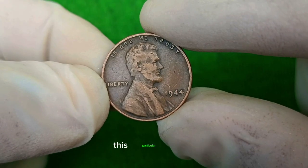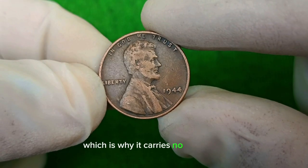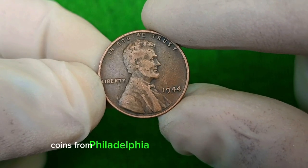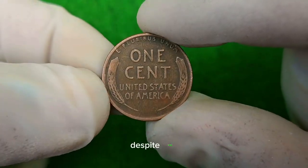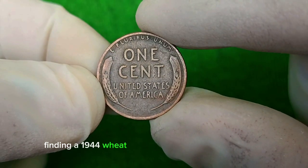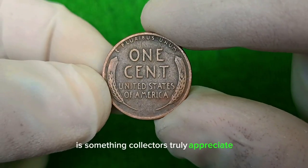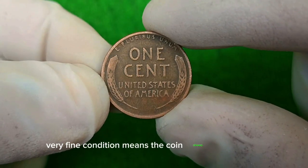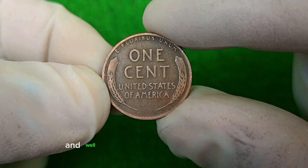This particular penny was produced at the Philadelphia Mint, which is why it carries no mint mark. Coins from Philadelphia were distributed nationwide and saw heavy circulation. Despite that, finding a 1944 wheat penny today in very fine condition is something collectors truly appreciate. Very fine condition means the coin shows honest wear but still retains strong details, clear lettering, and well-defined wheat stalks